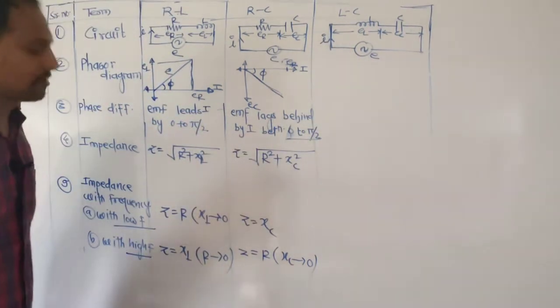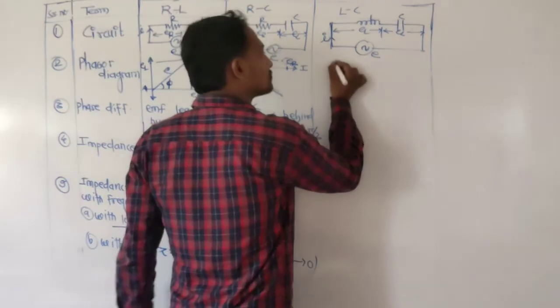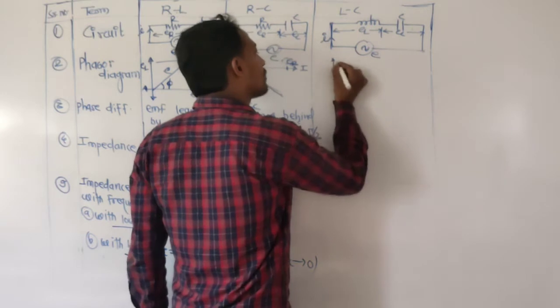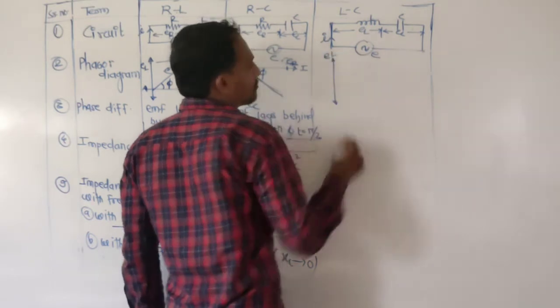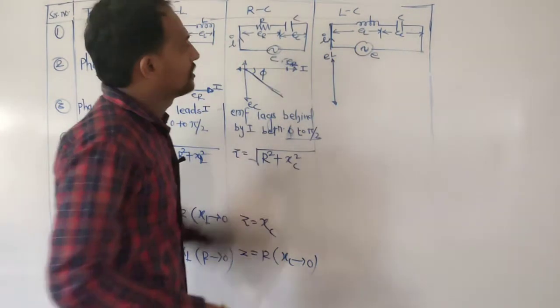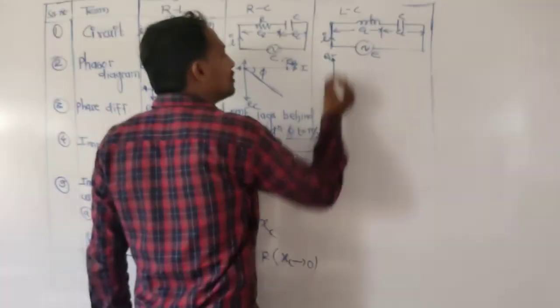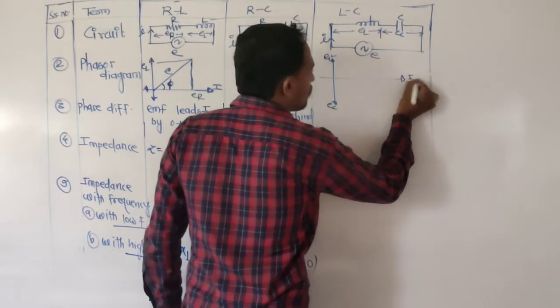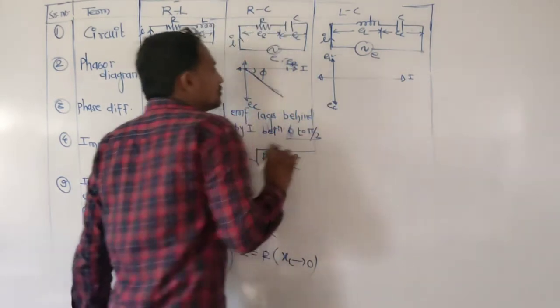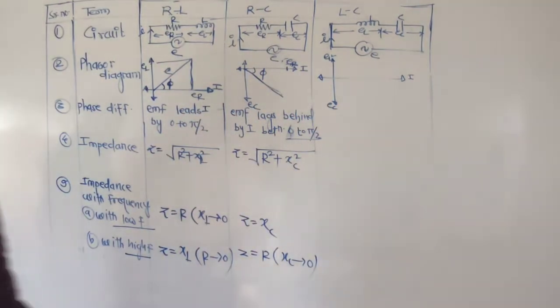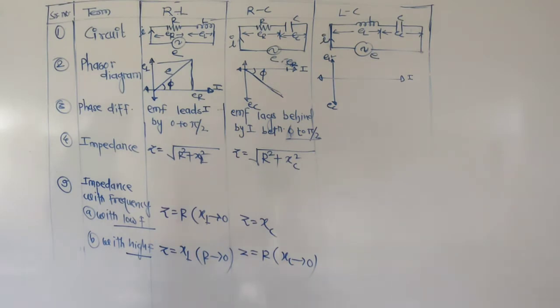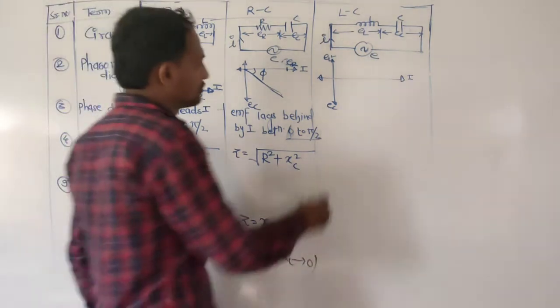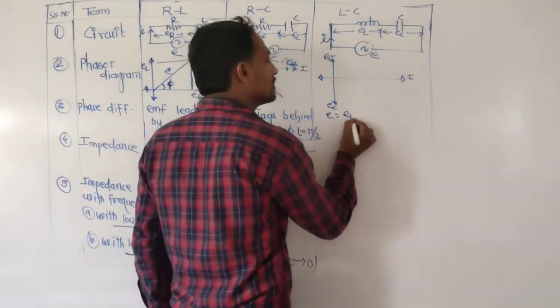For this, we have positive y-axis EMF EL, negative y-axis EMF EC, and current along the x-axis. So there are two conditions for the final EMF. The resultant is equal to EL minus EC